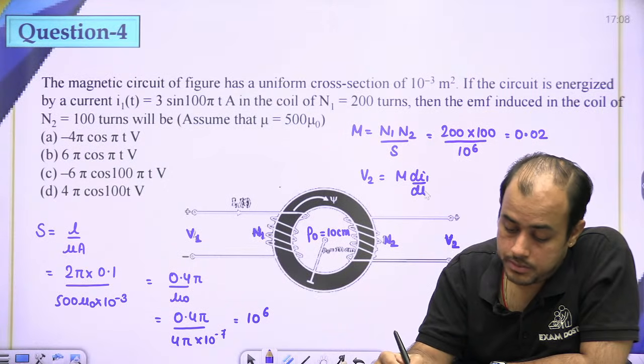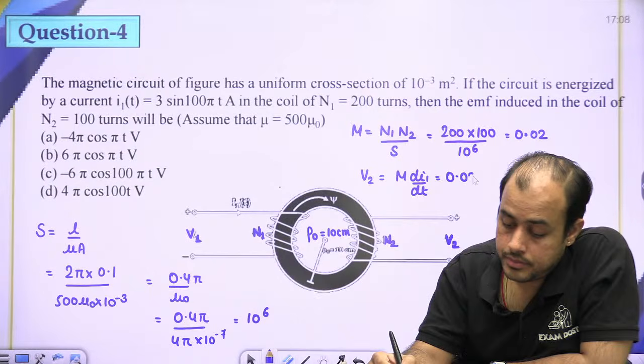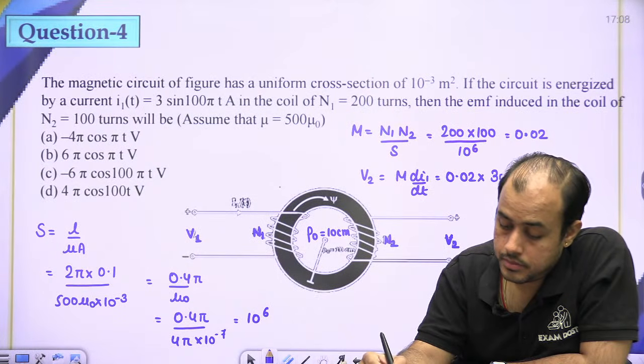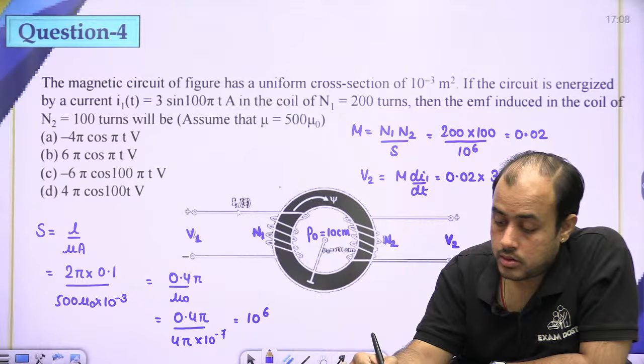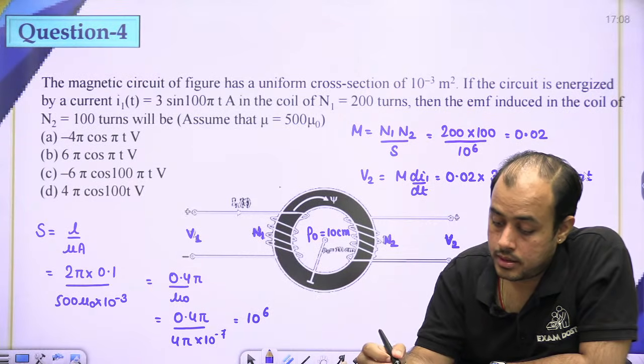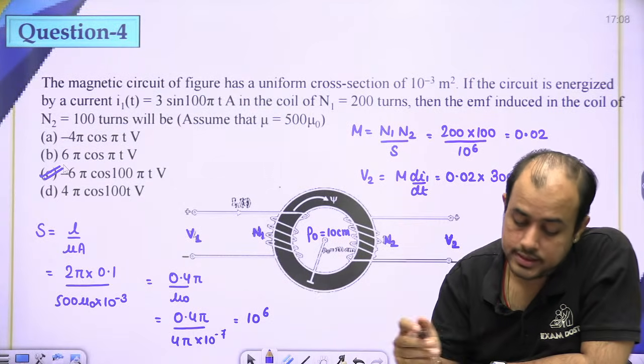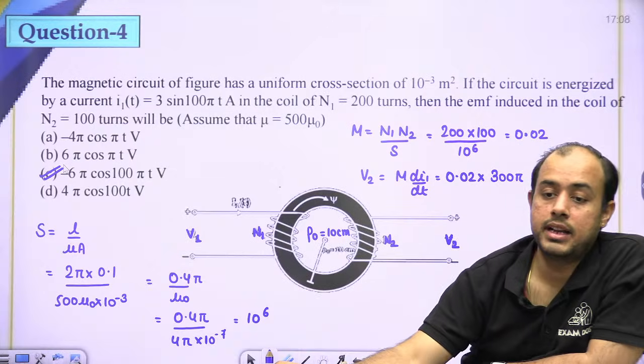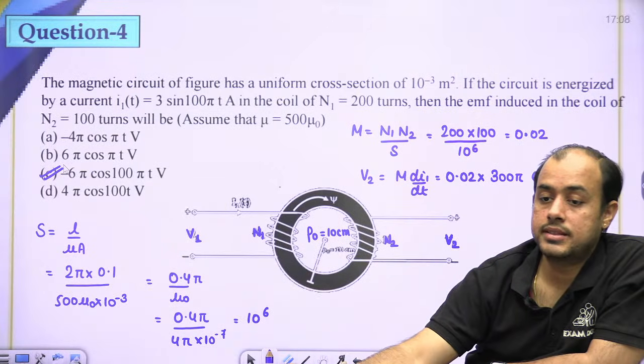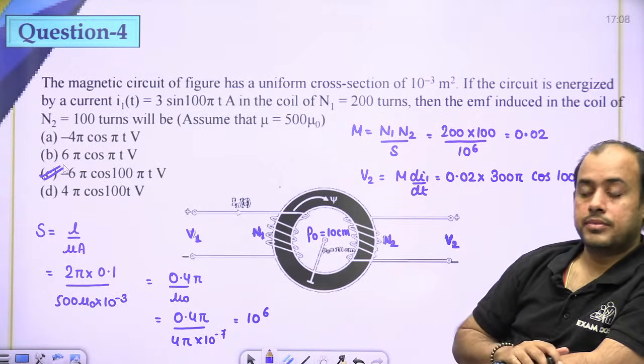M di1 by dt, cos 100 pi t. It is 6 pi. But we will use a minus sign, तो आंसर will be C. मैं एक माइनस साइन लगाऊंगा तो आंसर C आ जाएगा. ओके